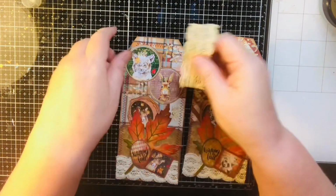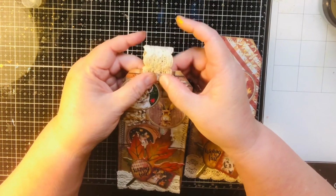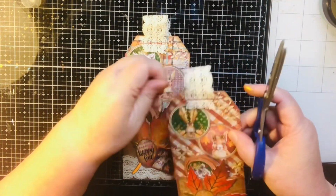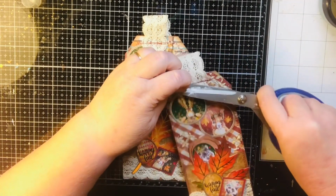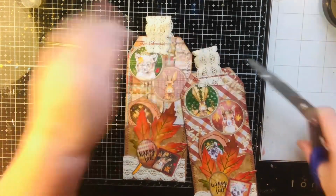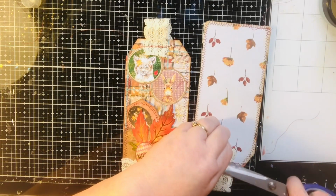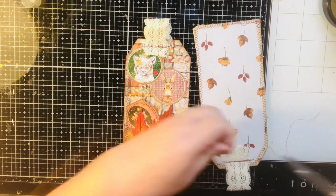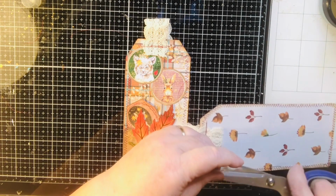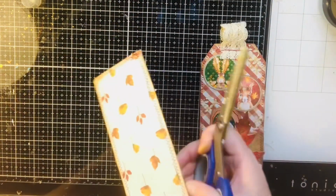And I've got this lace. So I am just gonna zip this with my sewing machine. Alright. My sewing is not the best. Cut off these little extra strings. Off this one,